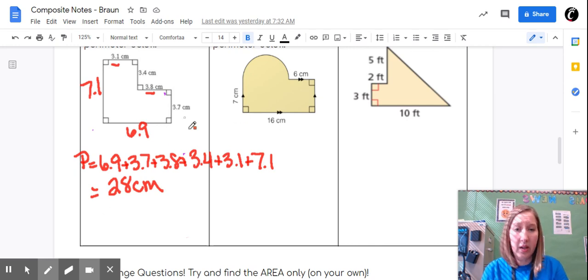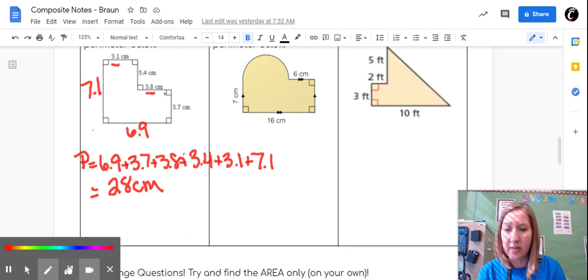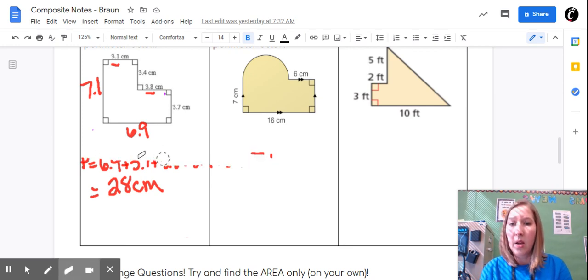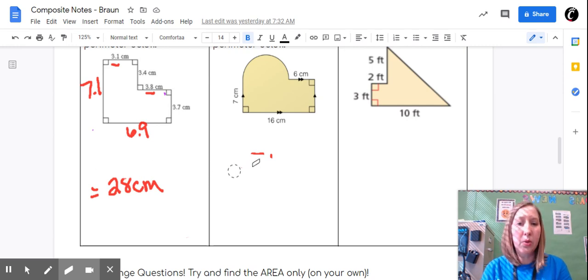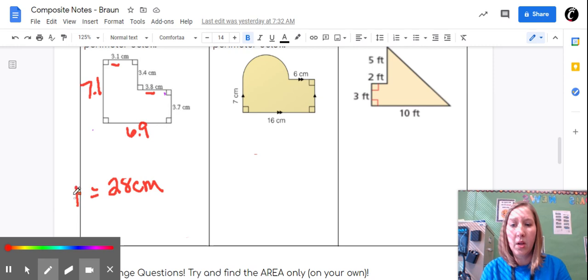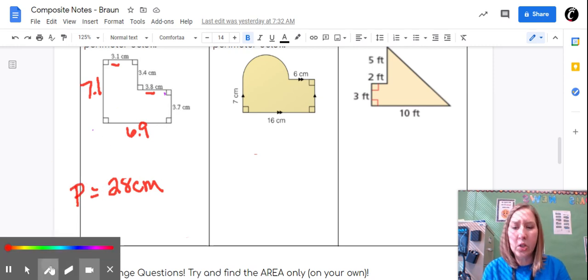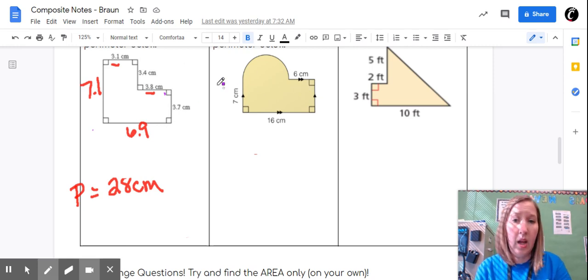Now we're going to take a look at this next shape, and I'm going to erase this just so I have some more space. What we're going to do, though, is the same thing. We're going to break down our shape into some smaller two-dimensional shapes. So when I look at this shape, I see a rectangle and half of a circle. So I'm just going to bring my line across here, and I have this bottom rectangle, and I have this